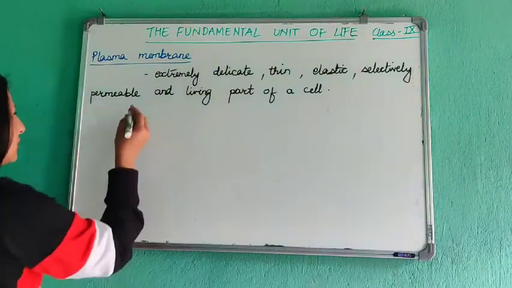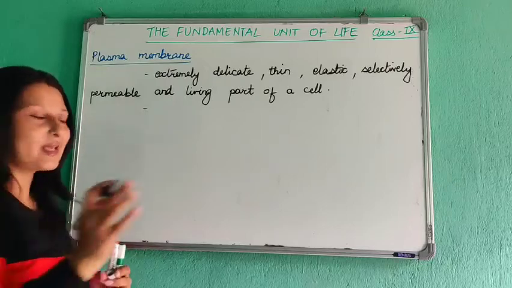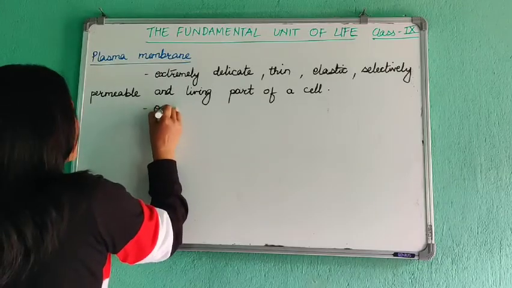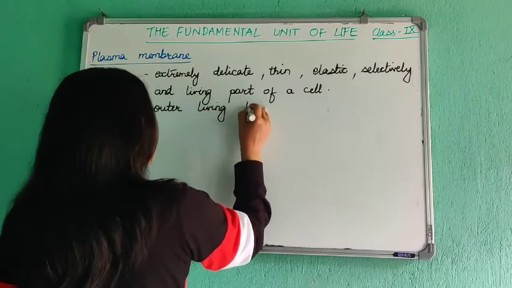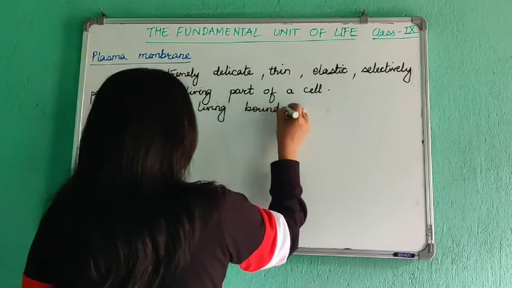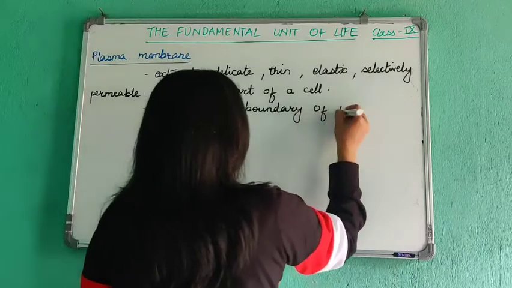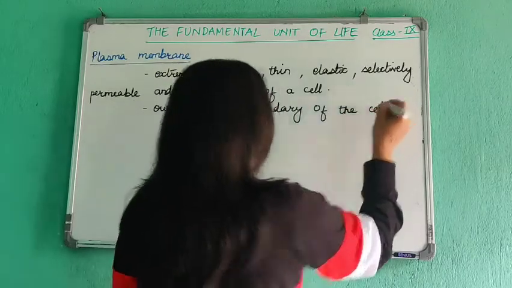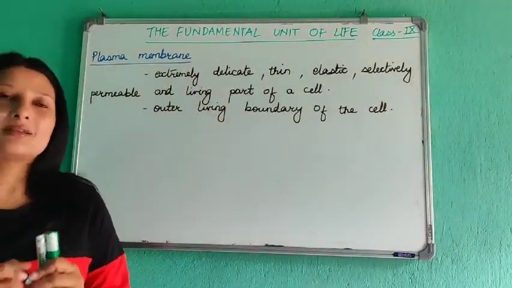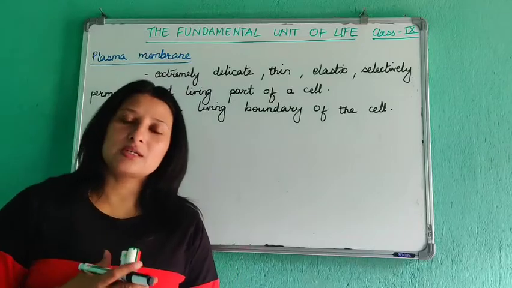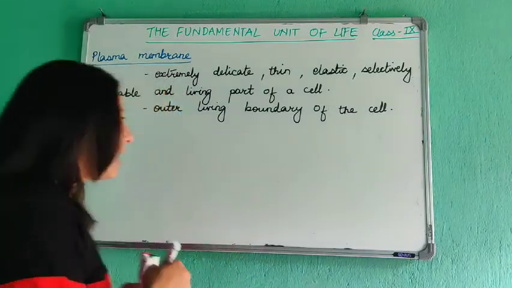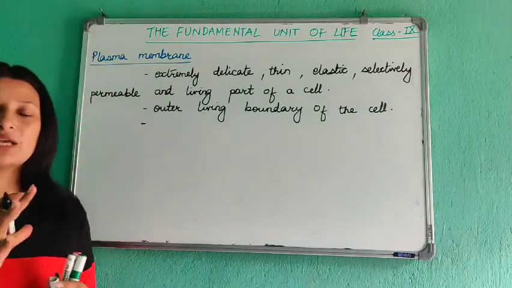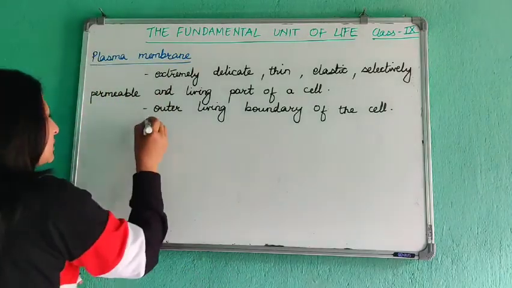Okay. Now, secondly, it forms the outer living boundary of the cell. Boundary of the cell. भन्नुको मतलब चाहिँ के हो भन्दा चाहिँ it is a layer that separates the cell contents from the external environment. Okay, and the main function, plasma membrane को main function चाहिँ के हो भन्दा चाहिँ its main function is to